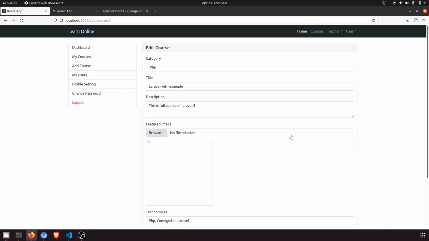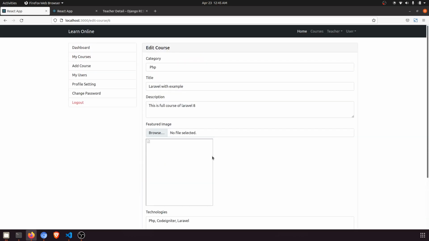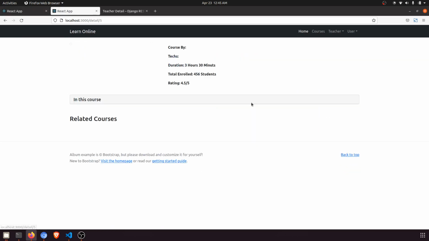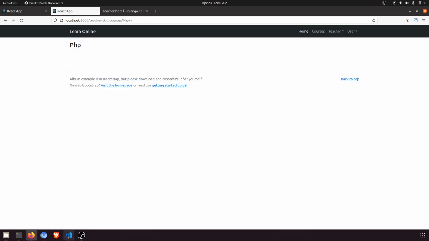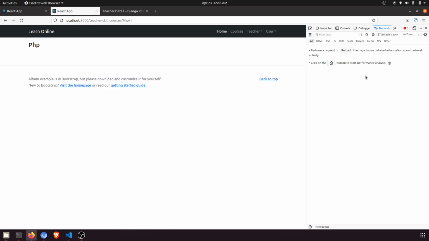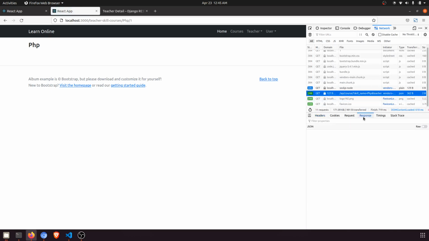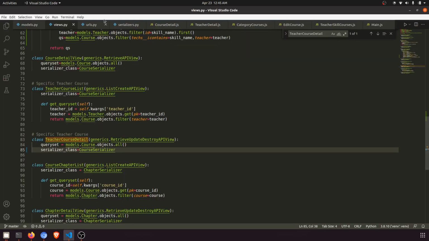Let's go to the Laravel example. We have added PHP, CodeIgniter, Laravel. Okay, fine. So if we click here, click on the John Doe, click on the PHP, it is not fetching the data. We will see why it is not fetching the data. So here in the response request, we are saying skill name, this teacher equal to 1. Very right. So in the view,